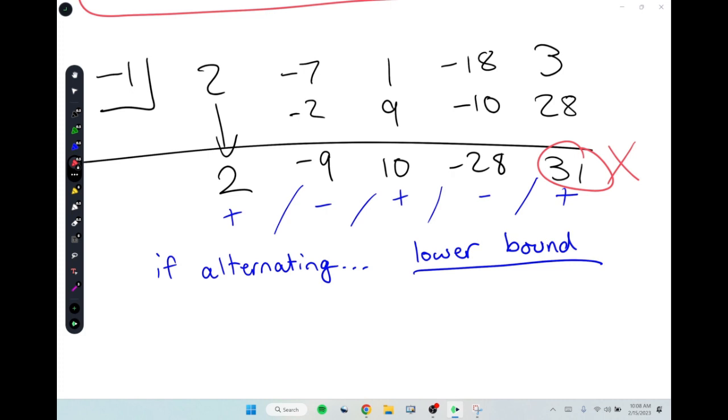Oh, that's kind of saying lower bound. See how it goes 2, 9, 10, 28, 31. It's going to keep getting bigger every time. Just flip-flopping signs, lower bound. So -1 is lower bound? Yes. And -4 is